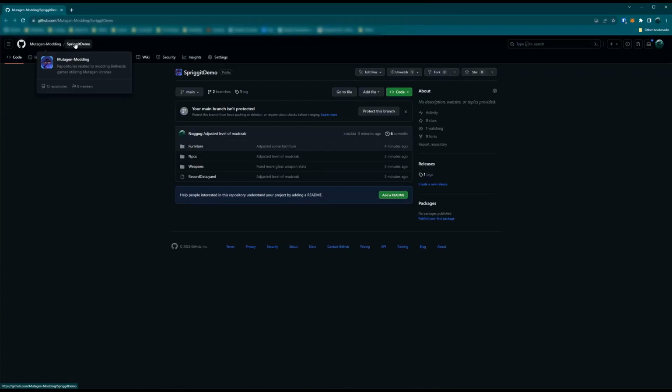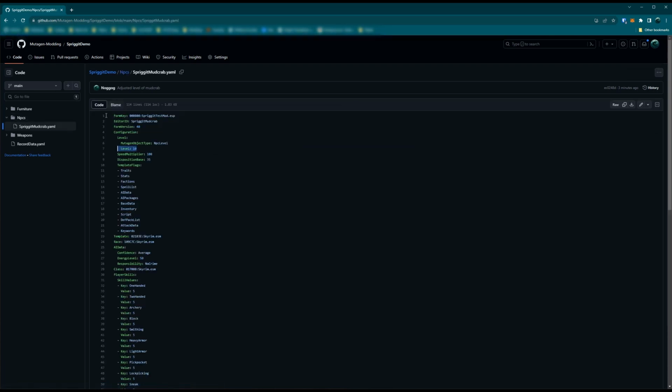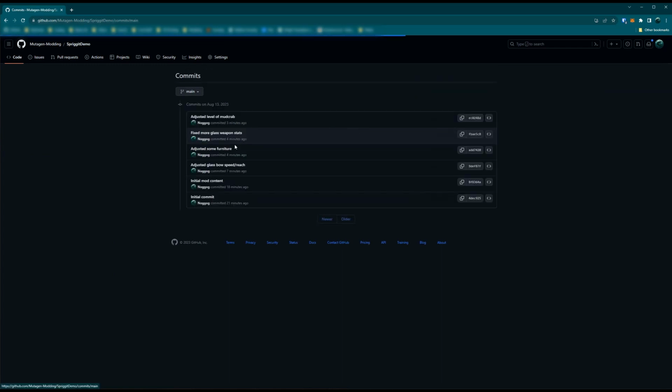So in MediaGen modding, we've got a Spriggit demo, and you can see all the files that we've been working with are here on the internet now. So I can come in here and I've got an NPC. Our Spriggit mud crab is level 10. You can also see that we've got 6 commits, and you can see the history of us working here on